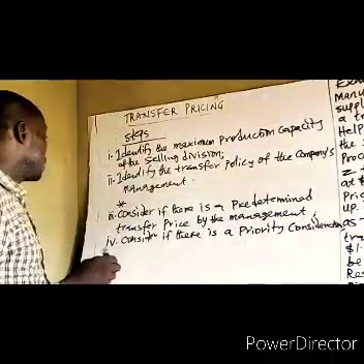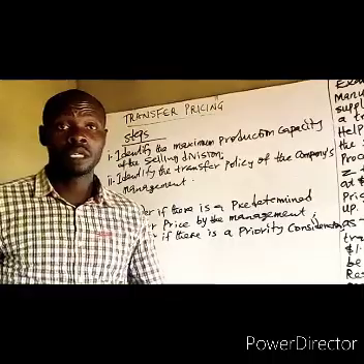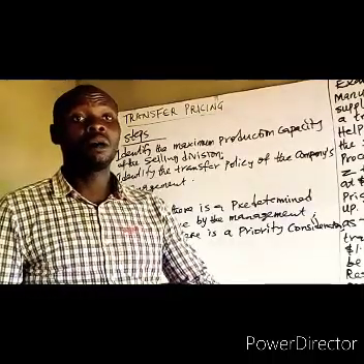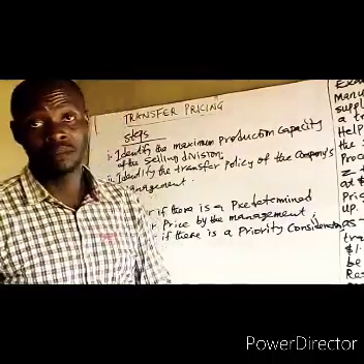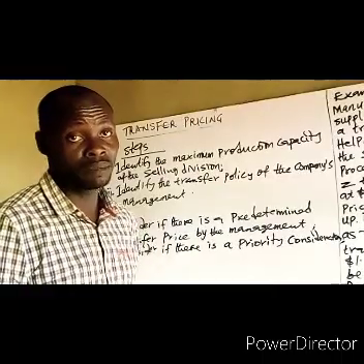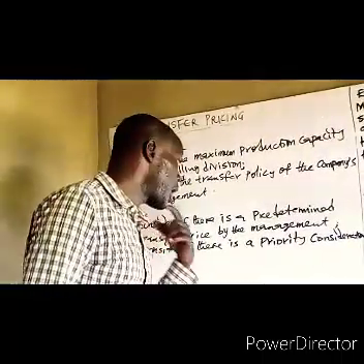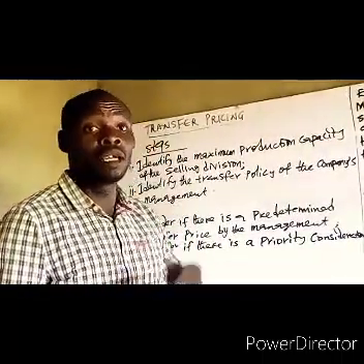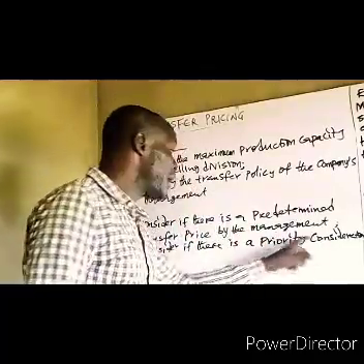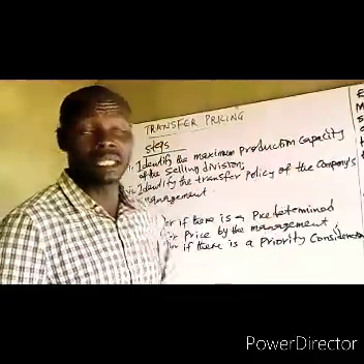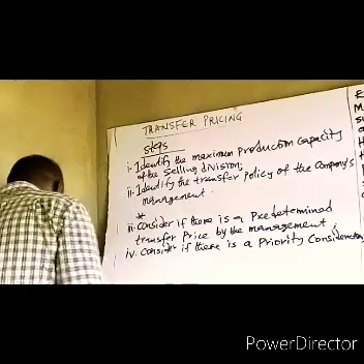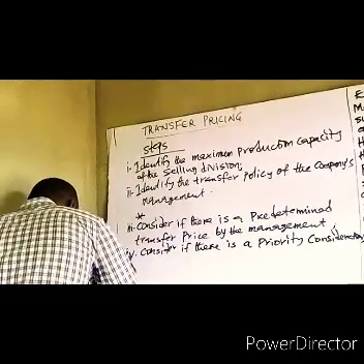Where there is priority consideration, it means that in this case the demand of the buying division might be met before considering the external customers. So that means there is a priority consideration. In that case, you have to meet the demand of the buying division before you can think of selling anything externally. The last step, step 5,